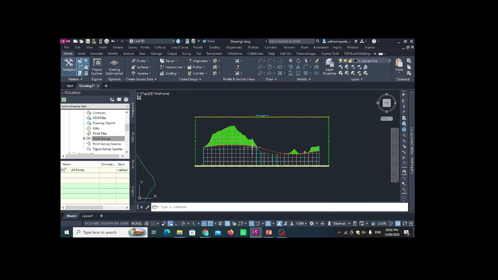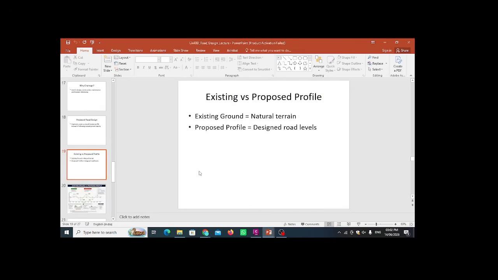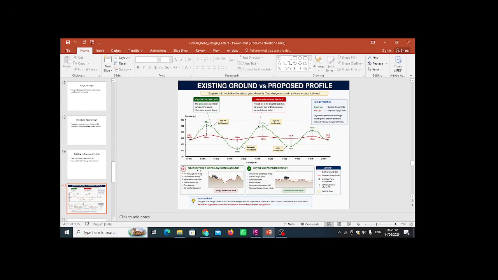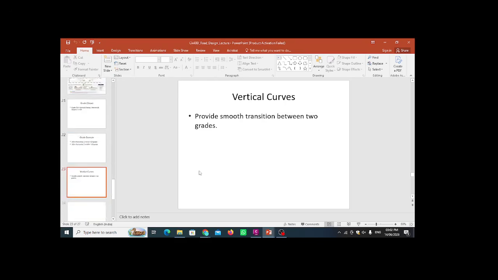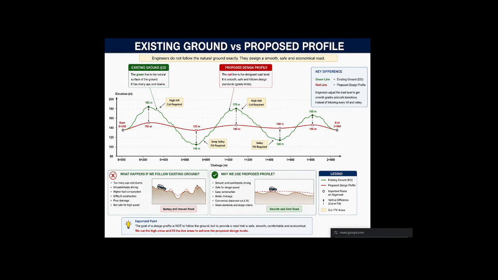So right now this is the whole thing I wanted to show you for the existing profile and the proposed profile. So you can see here also the difference between the existing profile and the proposed profile. Now see,